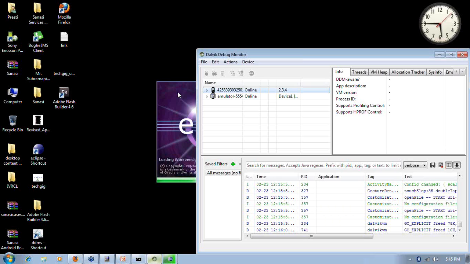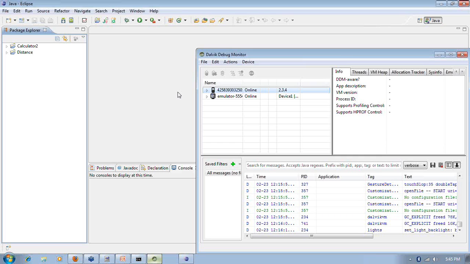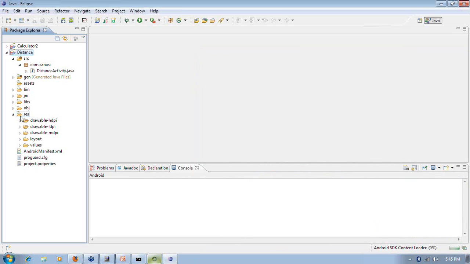Okay, so there is Eclipse. So here is the distance project. Let me open up that. So now, as usual, inside the res subfolder of this project, we have the